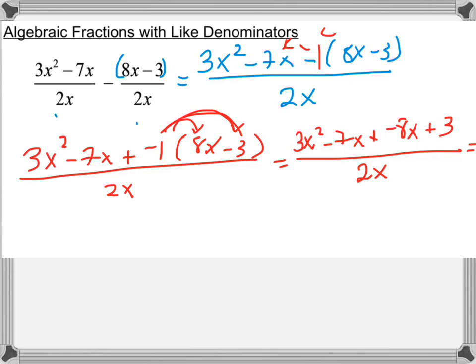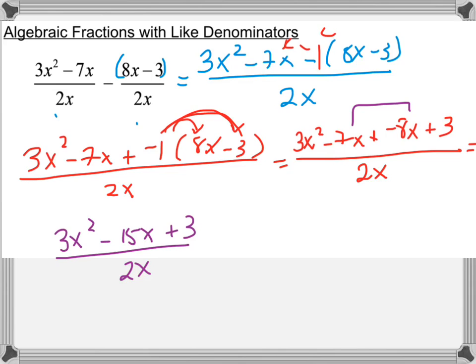Now let's clean up the top a little bit, and we should be done. Okay, so these are like terms. Negative 7x plus negative 8x is negative 15x. So we have 3x squared minus 15x plus 3 all over 2x. Okay, and if you wanted to, you could factor a 3 out of the numerator to get 3x squared minus